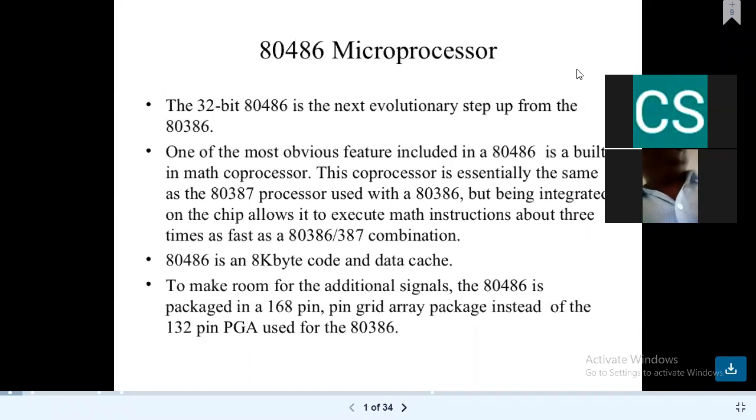Okay, so those things we have to resolve. We will use the 8255 peripheral interface. That is in unit number 6. And in unit number 7, we studied the completely next version of 8086. Completely next version of 8086 means